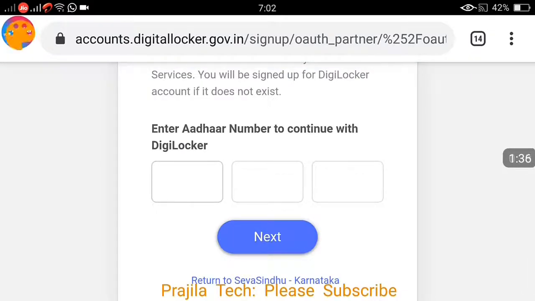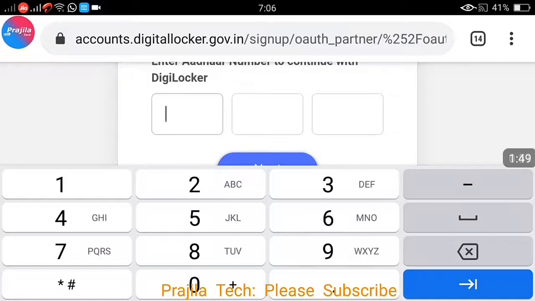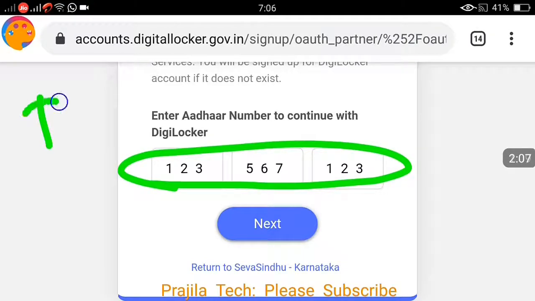First you have to enter your Aadhaar number here. This is the latest change; previously it was directly using mobile. Just keep typing the Aadhaar number in the text column, and don't worry about spacing and other things. Automatically it moves to the next box once you type it in. You can see the sample I have entered has correctly come here. You are not seeing all the text here, but don't worry, it is already in place.